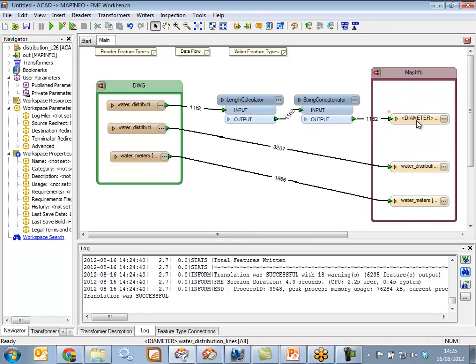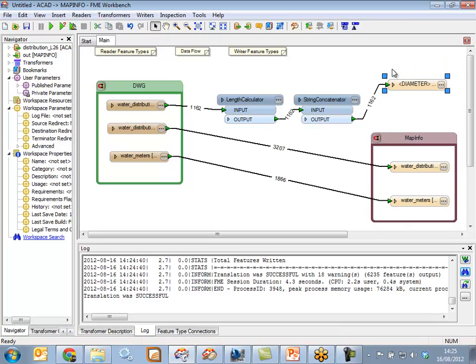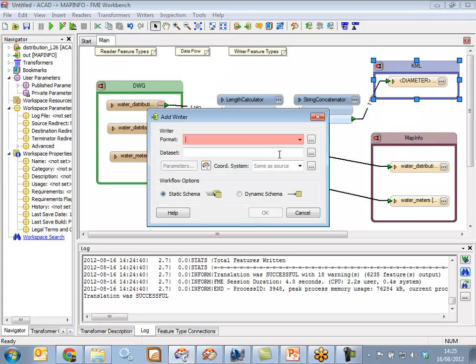If we wanted to then take our data and perhaps move this feature type, this data, out to a different format, it's relatively easy to do. We can just map this, drop in a bookmark to indicate where we're going to write it to. We're going to write this out to KML as an output format, and to do this we need to add a new writer into our workflow. So we'll type in KML,